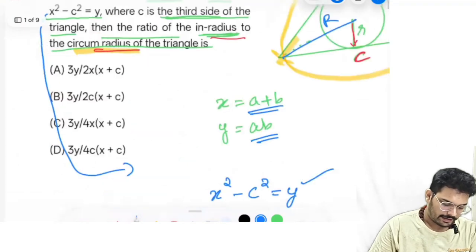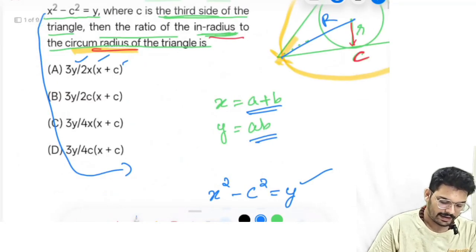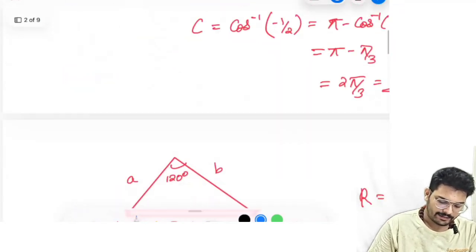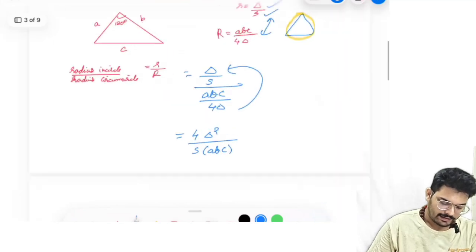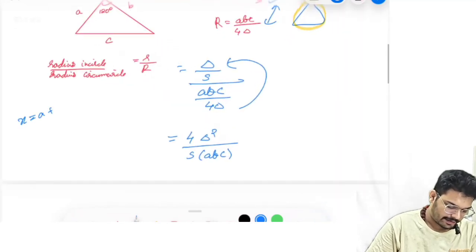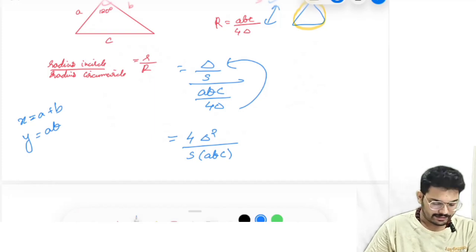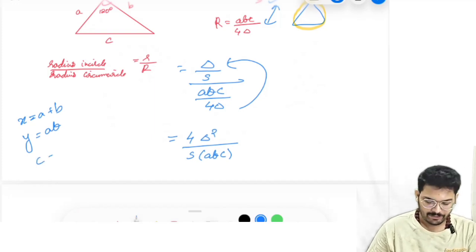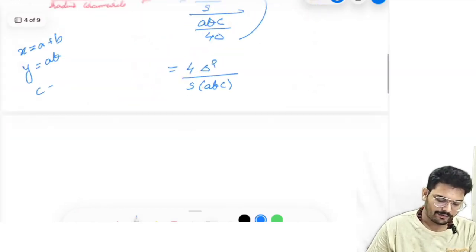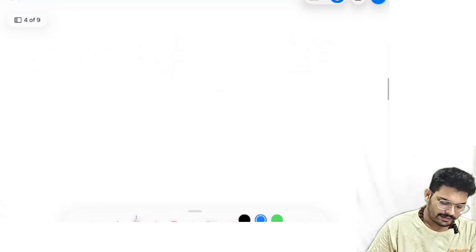Now, we need to find our answer in terms of X, Y, and C. Actually, what is meant by X is X equal to A plus B, the sum of the lengths of the sides, and Y is AB, the product of the sides, and C is the third side. Now we can start substituting. First of all, we need the area of the triangle. For this triangle,